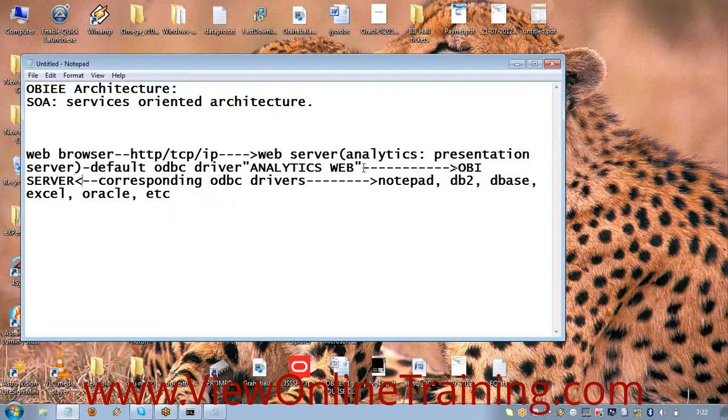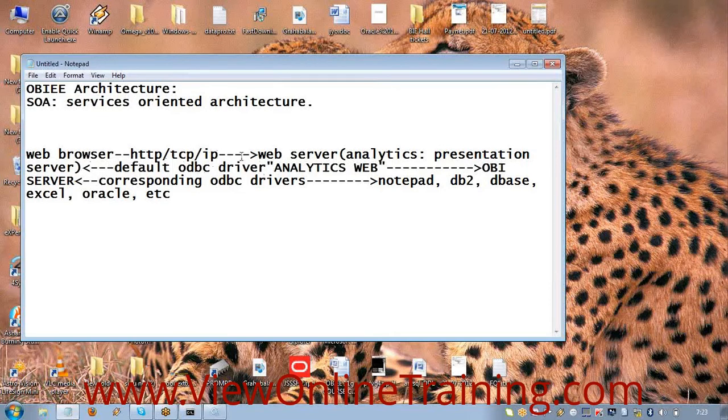Then the Oracle BI server will send the data to the web server.